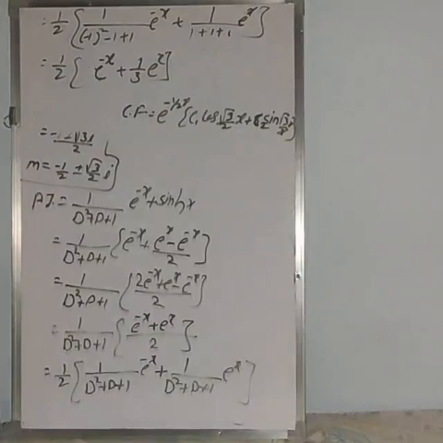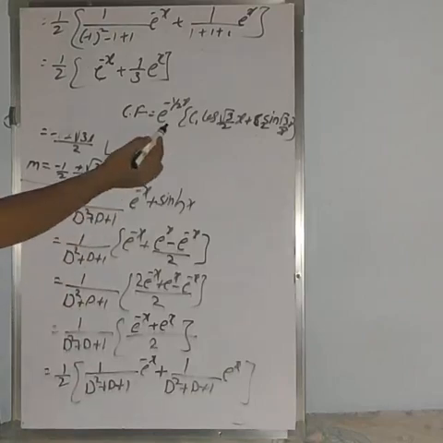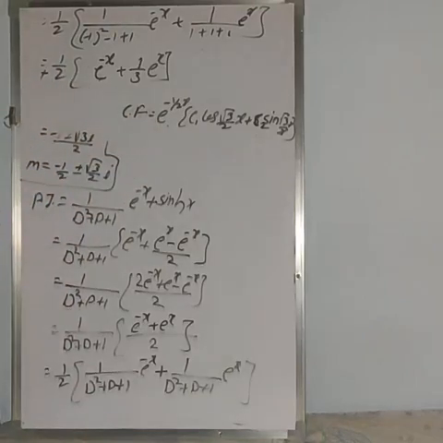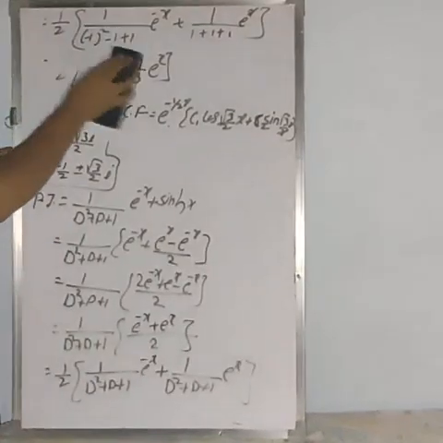So you can write the general solution. General solution y is equal to what? Complementary function plus particular integral. See, if you are not writing the general solution, if you are only finding the complementary function and particular integral, but you stop here only, you are not writing the general solution y is equal to complementary function plus particular integral, you will lose your marks. You will lose your whole marks, 1 mark. So it is necessary to write the general solution, that is y is equal to complementary function plus particular integral. Okay. Please write down the general solution.